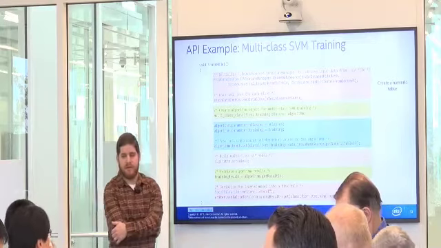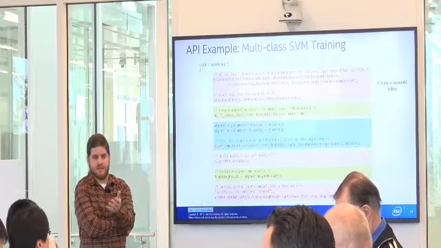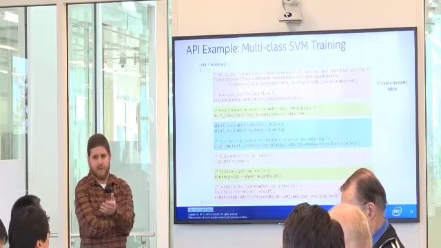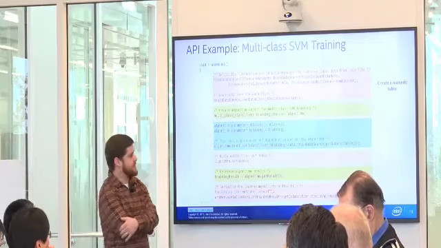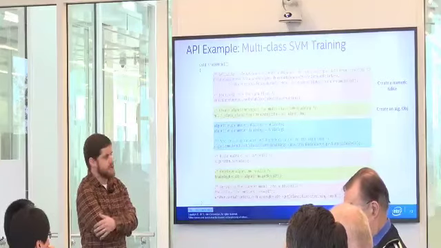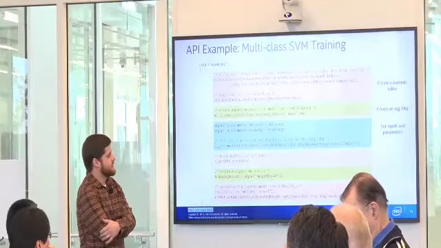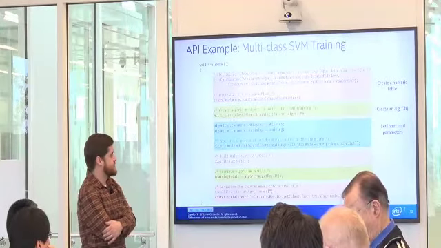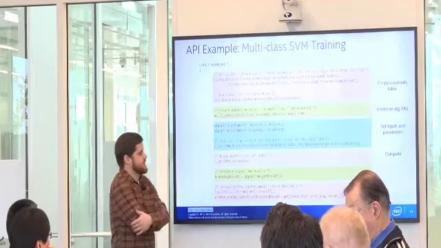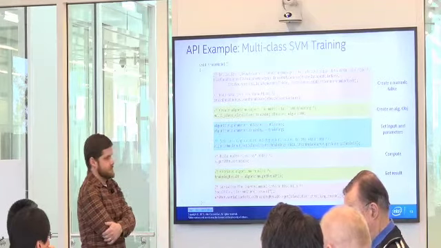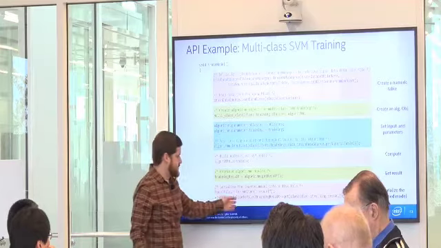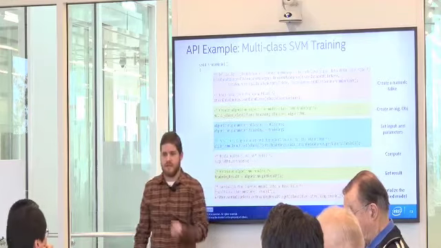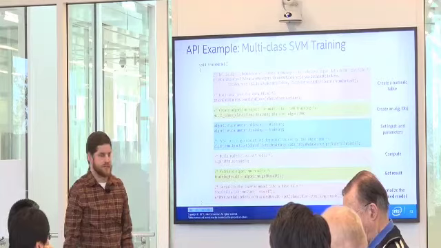So we have, as I said, DAL has data structures we give you. We call them numeric tables. So you start by loading up a numeric table, create an algorithm object, set your input and your parameters. This is where you would build a grid search. Compute, get your result, and then use DAL's built-in serialize to serialize the model. Then you're ready for deployment prediction.